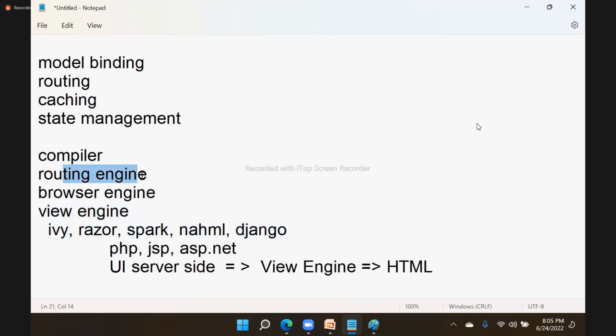Routing engine: mapping to the path, identifying whether that component is available or not. Browser engine, I told you the cycle in the beginning. What will the browser engine do? Convert the characters to binary, binary to characters, characters to nodes, nodes to layout, layout to render, render to paint. Everything is done by whom? Browser engines. A web application requires all this, and very important, now compiling and routing and rendering output, everything in our